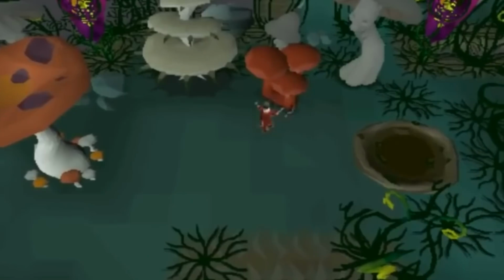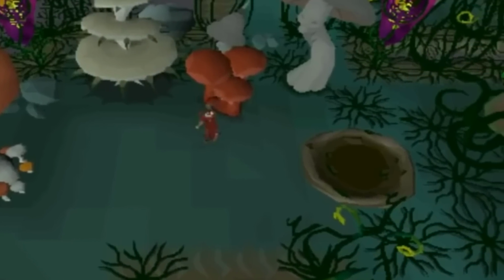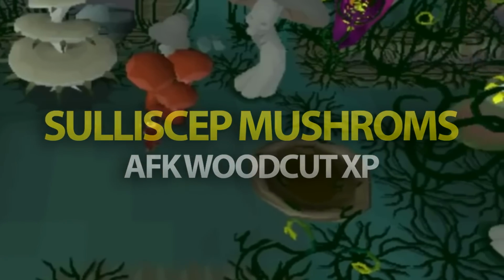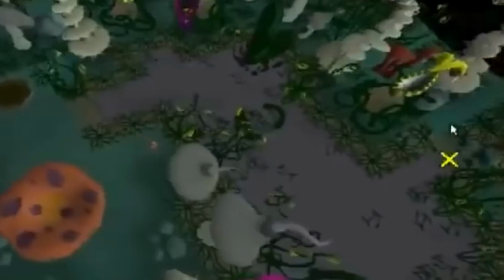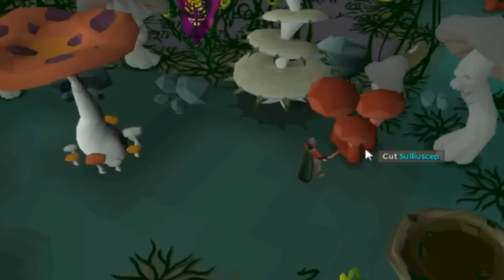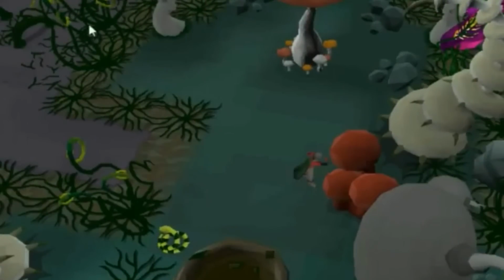Woodcutting sulliscep mushrooms is actually the fastest woodcutting XP in the game without tick manipulation. Well, sulliscep mushrooms don't work like regular trees. Instead, there's a 1 in 16 chance of them falling down. The difference with the mushrooms though is that you need to move to the next sulliscep mushroom in order to keep cutting. And within this area, you'll need a rake to get through as well as food and antidotes since